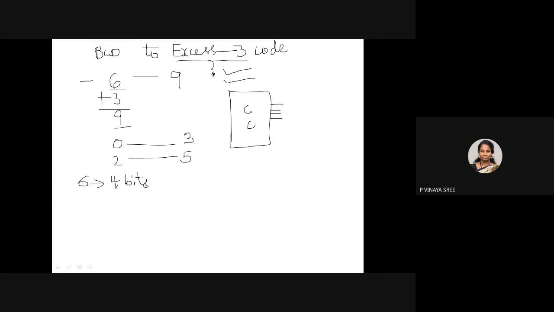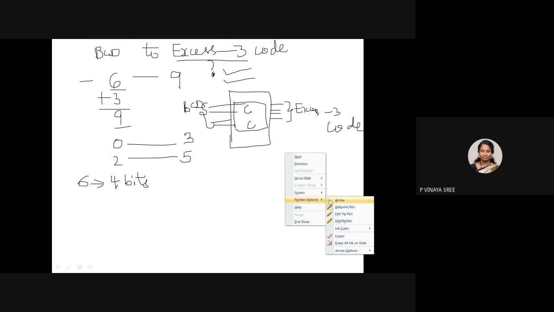So the input for this will be 4 bits, which is the BCD number, and the output from this will be XS3 code. Now what does this combinational circuit mean? After finding your K-maps, you complete the logical expression, and that logical expression will be placed here, so that given an input BCD, you will be generating an output XS3 code. Okay, so now let me start with